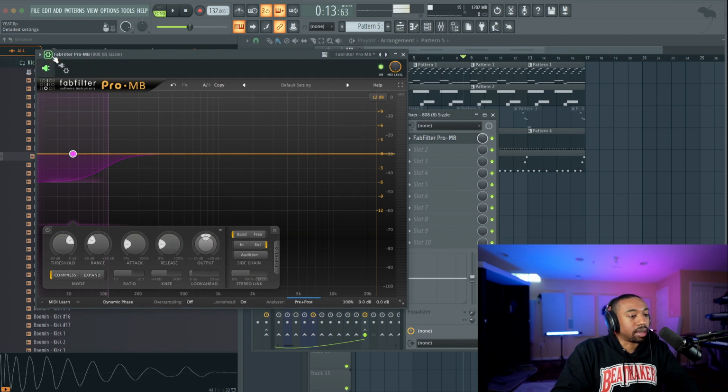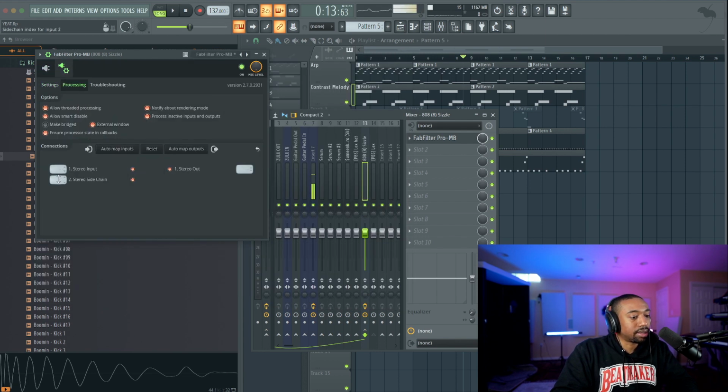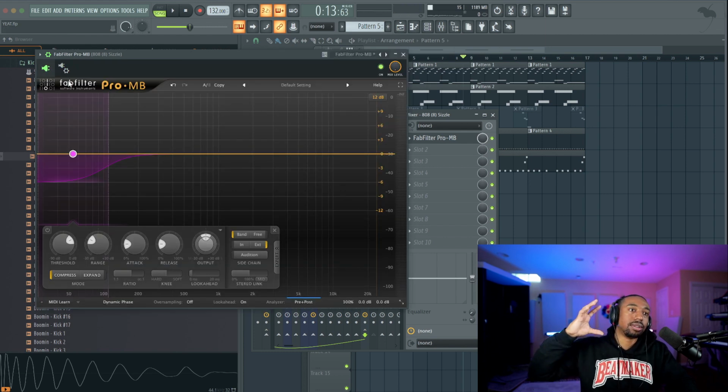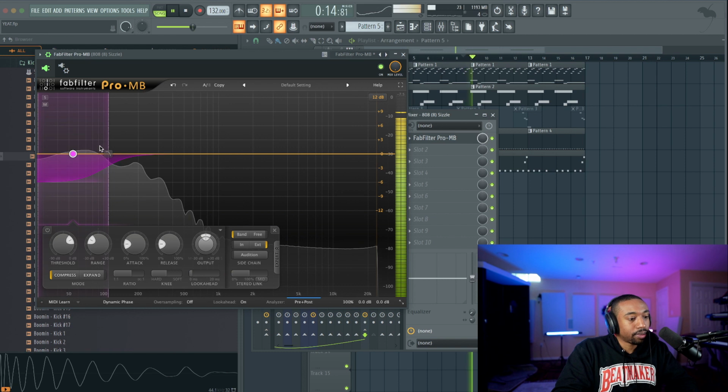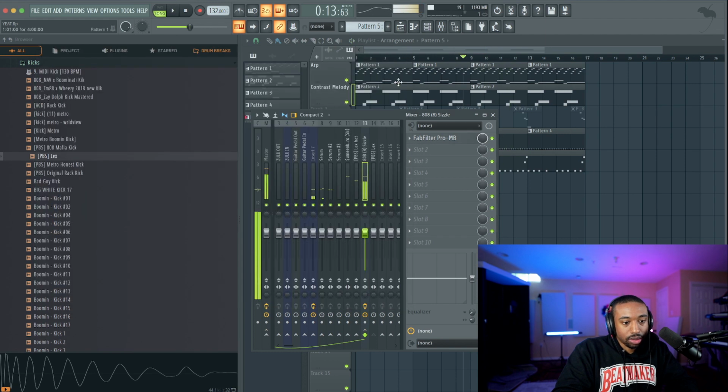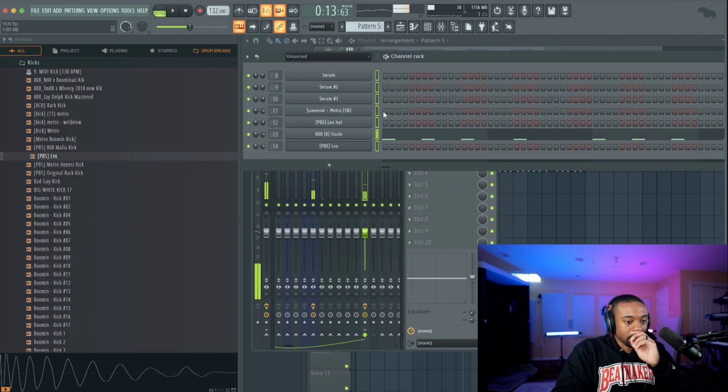You don't need to memorize that. Let's go to the settings, go to the processing tab, right click, select your kick input. So now the key is from the kick. Once the key hits this compressor, it will compress the 808 in this specific range that we set. Okay, we need to give the kick a rhythm, so it can't sidechain without having a signal.